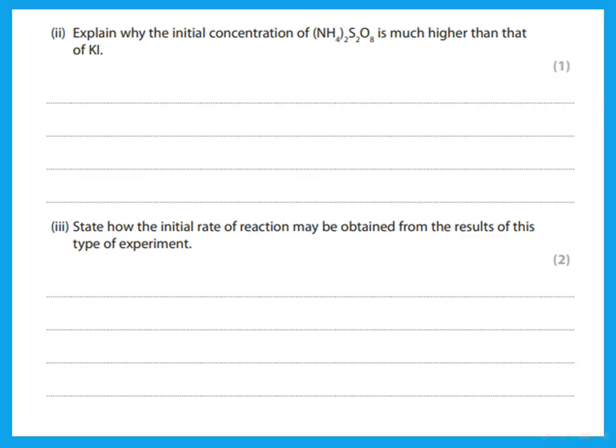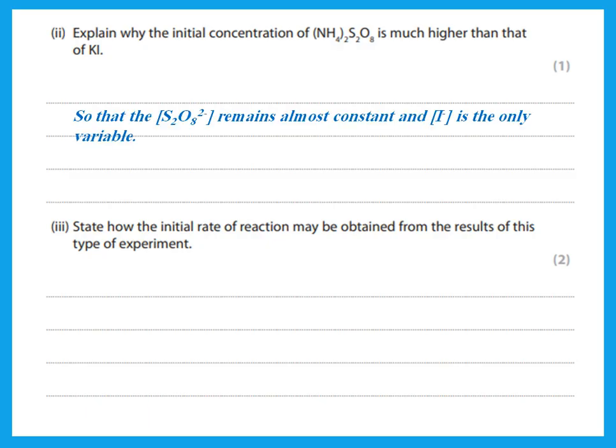Explain why the initial concentration of the persulfate is much higher. We said when we're trying to see the effect of, for example, concentration of iodide, the other reactants should be much higher so that they remain almost constant during the reaction, and only the concentration of iodide is changing, or it is the only variable. State how the initial rate of reaction may be obtained from the results of this type of